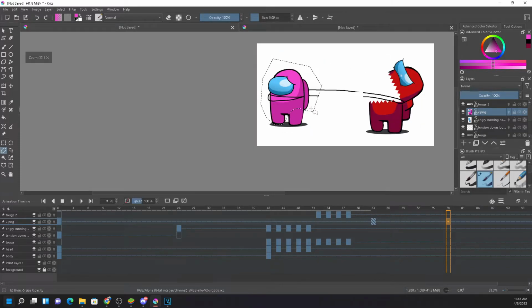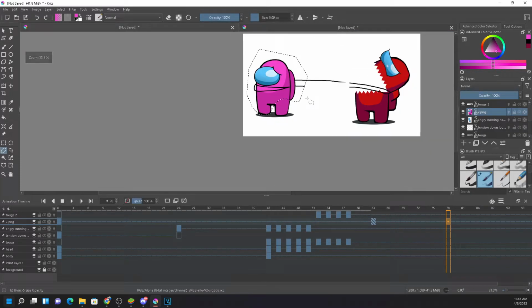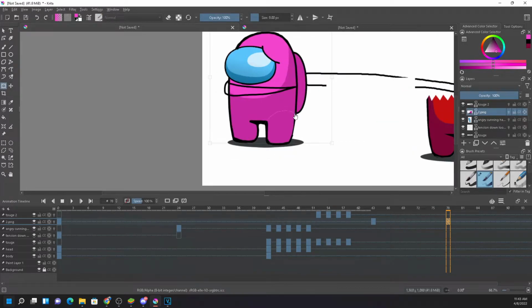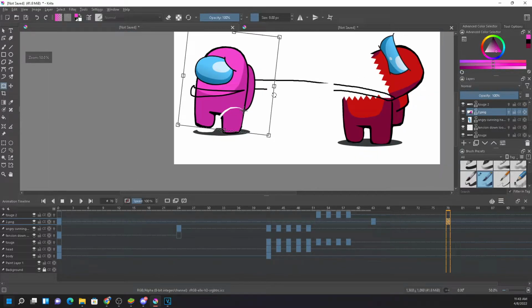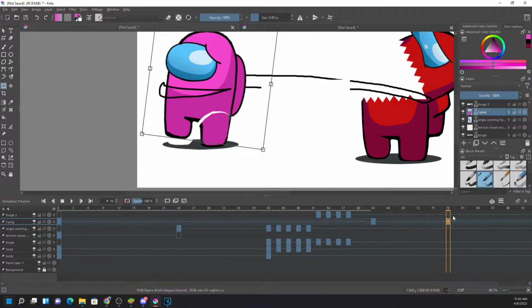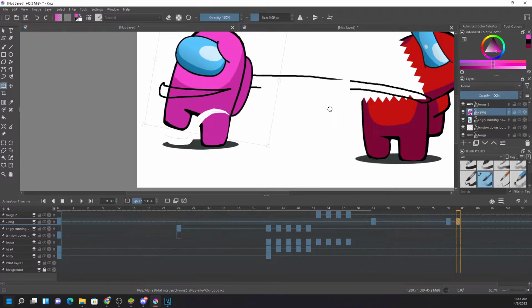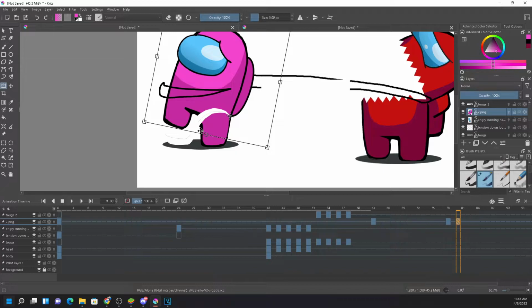First of all, I've selected this area. Control T. I'm on the pink layer. So I'm placing this point over here like this. Did you get the idea? First it will move like this, right? Now I'm going to the next frame and creating another frame like this. At this moment, the second leg will also be lifted.